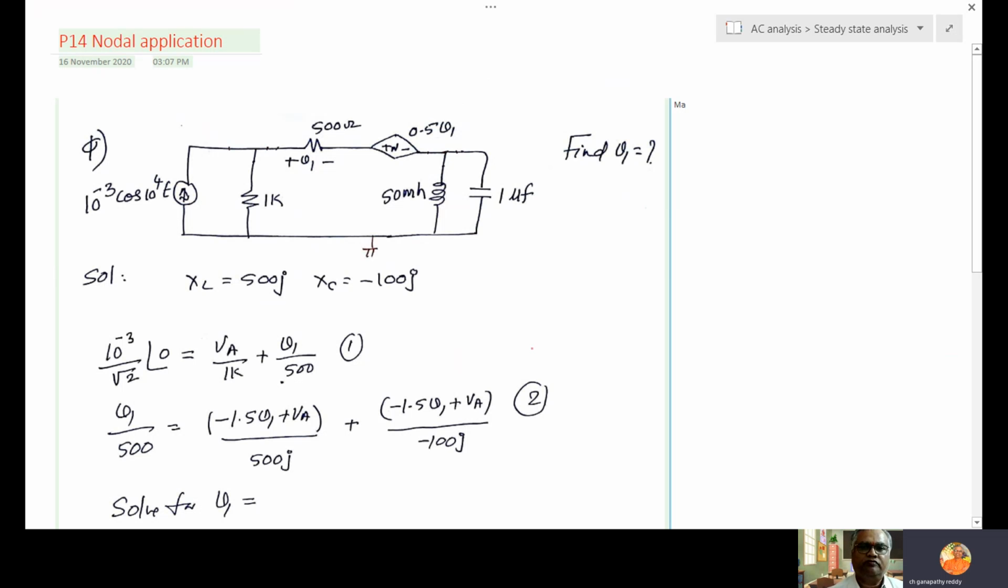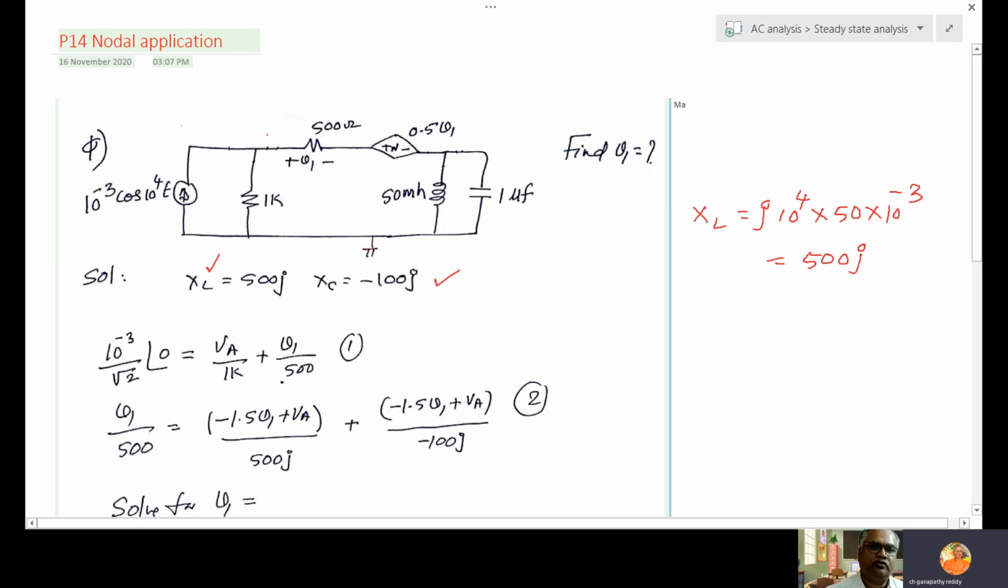XL is j omega L. Omega is 10 power 4, L value is 50 into 10 power minus 3. So you get 500 j. Like that, the capacitor reactance is found, and